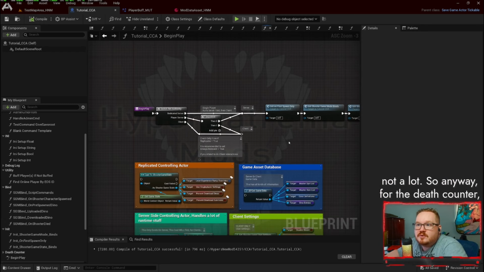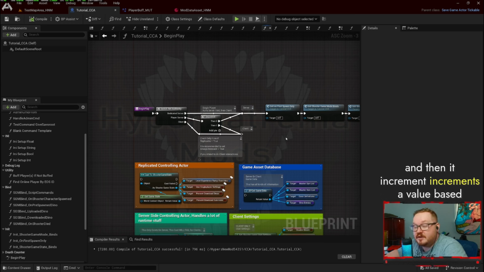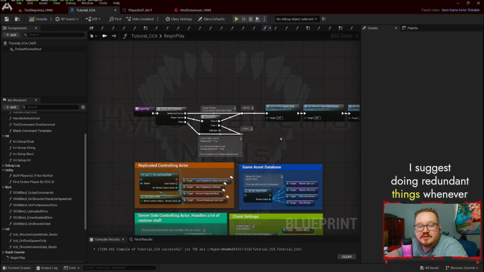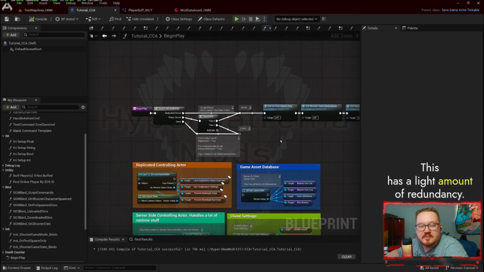So anyway, for the death counter, what it does is it counts every time a player dies, and then it increments a value based on when they die. When they load in, it will initialize their entry, and when the entries are accessed, if there is not an entry available for that player, it will add one anyway. It's redundancy, and redundancy is not always a bad thing. I suggest doing redundant things whenever you feel like they might be necessary. This has a light amount of redundancy. But